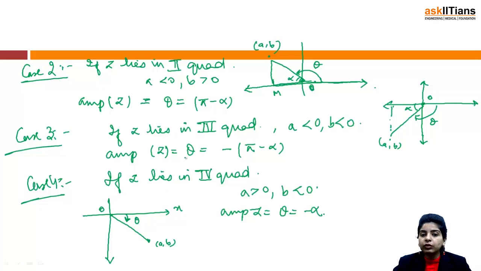So whenever you are given a complex number z, you will first of all find the angle alpha, which is tan inverse of mod b by mod a, and then corresponding to whichever quadrant the complex number falls in, you can simply write down the amplitude. You can either learn these values, that if z lies in the second quadrant, then the amplitude is pi minus alpha, in the third, minus of pi minus alpha, and so on. Or if you don't want to learn, you can understand this and apply it in the questions. You can work out the amplitude on the basis of the values of a and b, whether they are positive or negative.